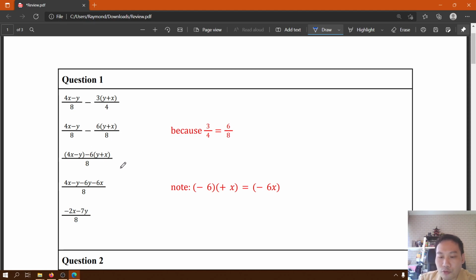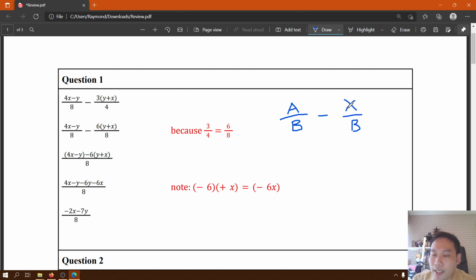Now, when we are putting two fractions together, there are a few things I want you to take note of. Number one, it is the entire numerator of the first fraction minus the entire numerator of the second fraction. Therefore, it is a good habit to insert brackets around the numerator. So whenever you have a situation like this, if I have A over B minus X over B,